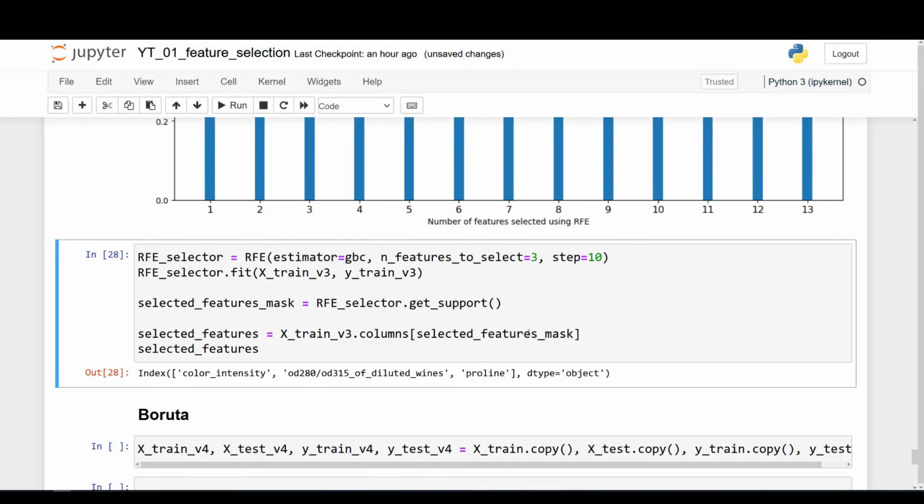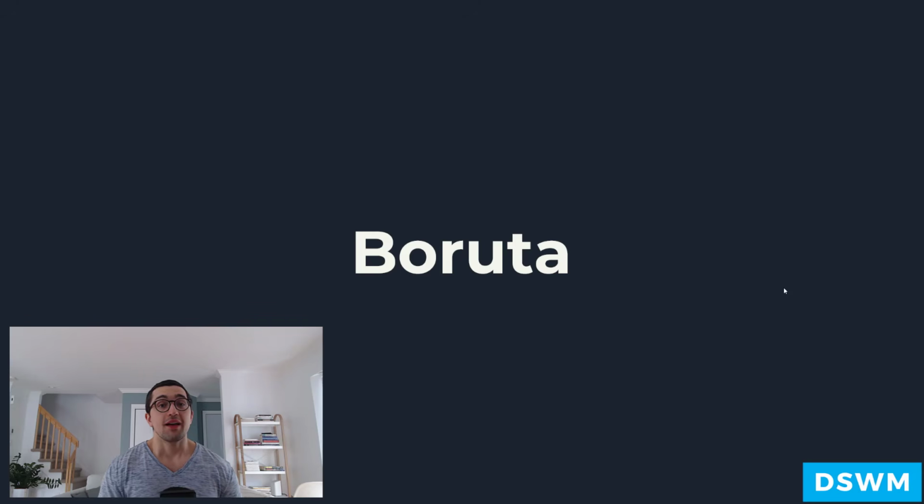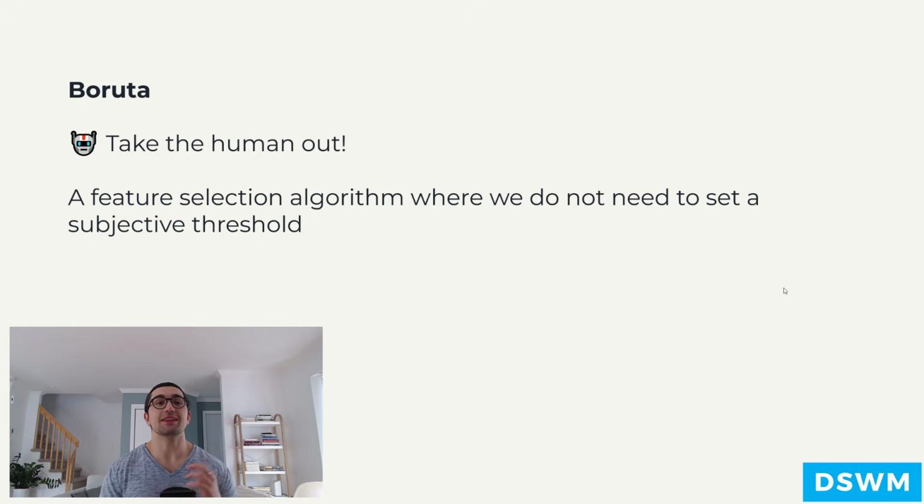So now let's go back to the slides to learn about the last method that we will cover in this lesson. And now we reach the point of Boruta, and with Boruta, it gets interesting because we take the human